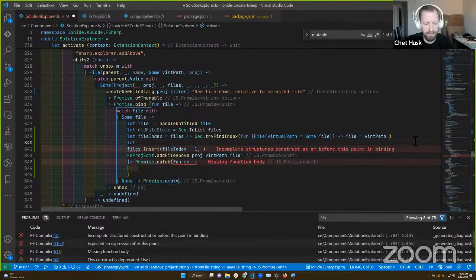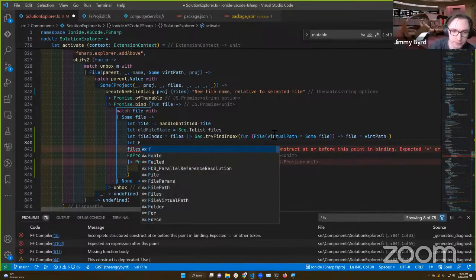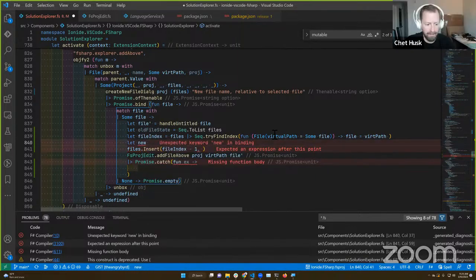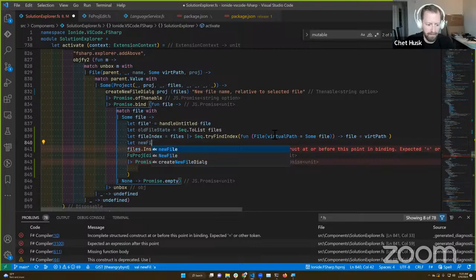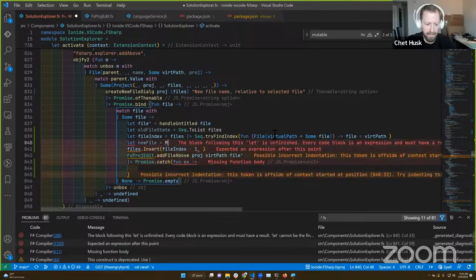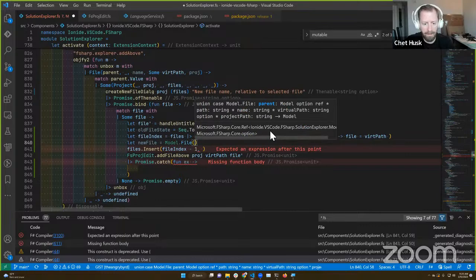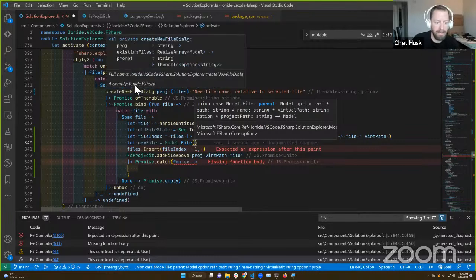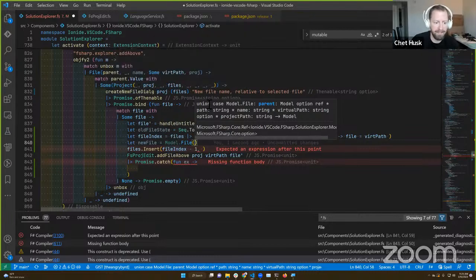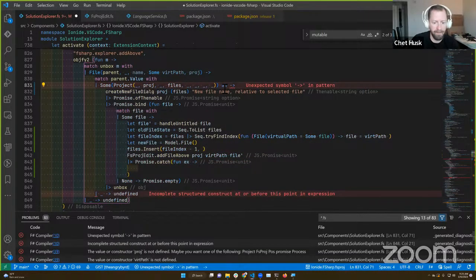Gotcha. So now, we need to create a new. This should be model.file, the constructor for it, and then we can go piece by piece. And so we will need to link it to the parent. I think we can get away with that just by doing an as on the project on line 831.